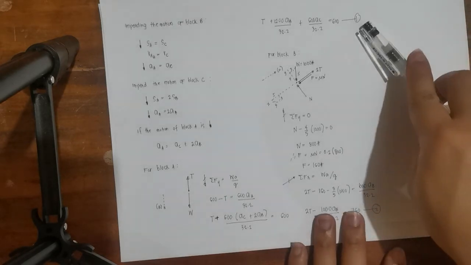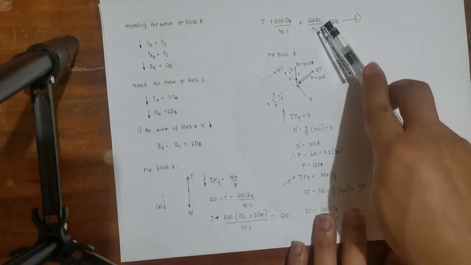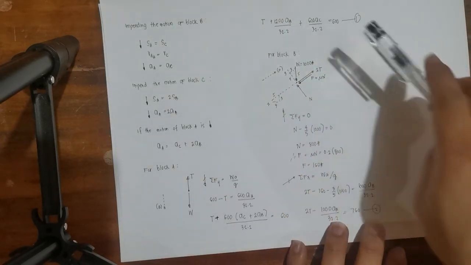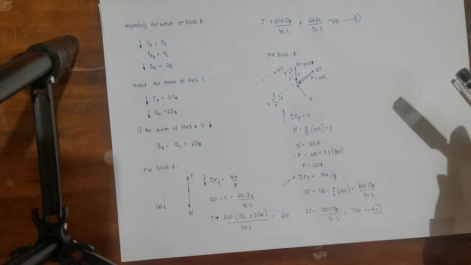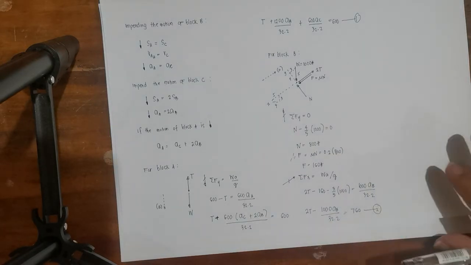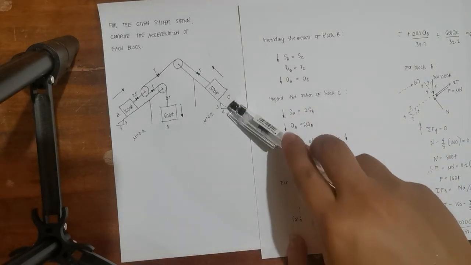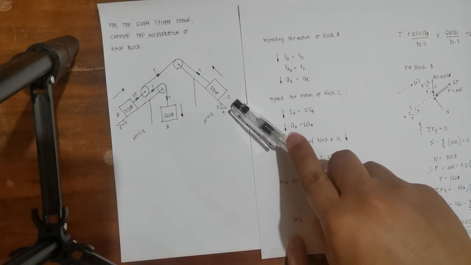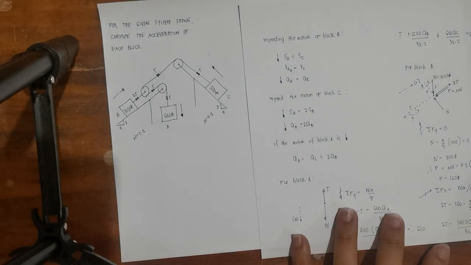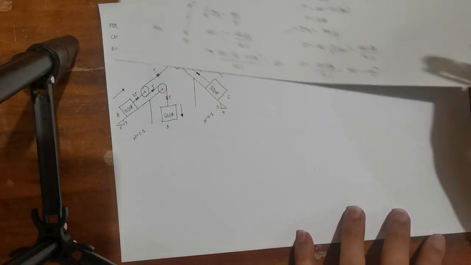Mapapansin nyo din sa equation number 1, tatlo yung unknowns. Para makuha yung tatlong unknowns na yan, you should arrive with 3 equations. And dalawa na. So, for the third equation, we will consider the free body diagram of body C. Saan yung free body diagram ni body C? That is,